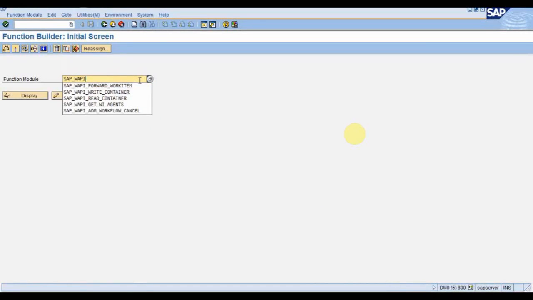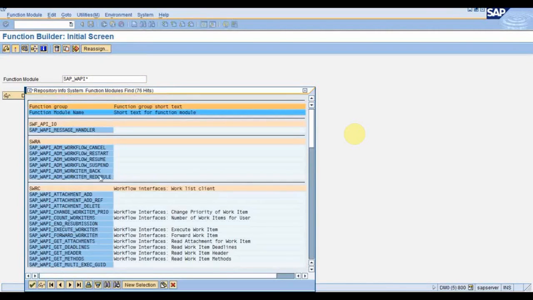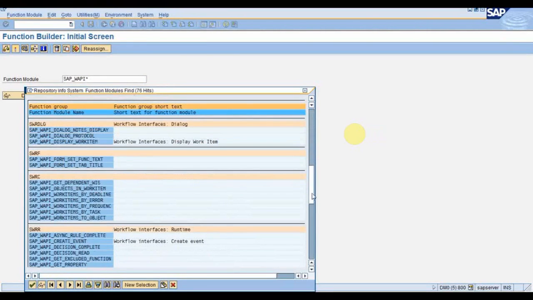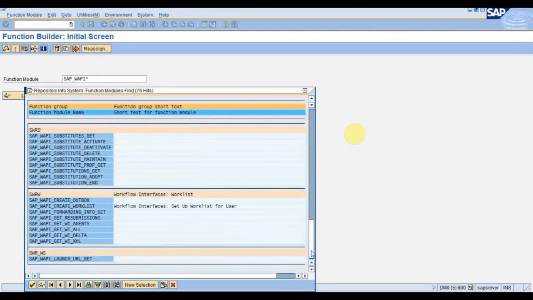You can just put an asterisk, and a number of function modules provided by SAP WAPI are available. So generally we take the help of the SAP WAPI function modules only, and for sending notifications, we take the help of the BCS class.